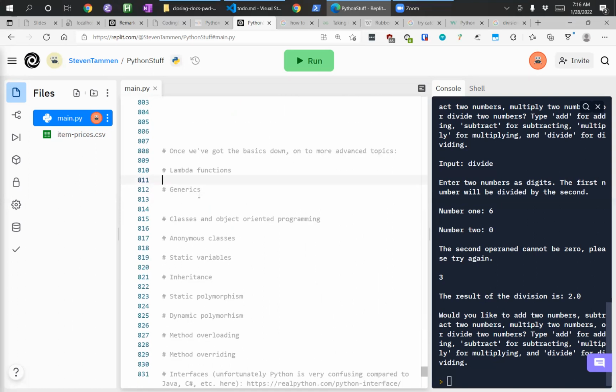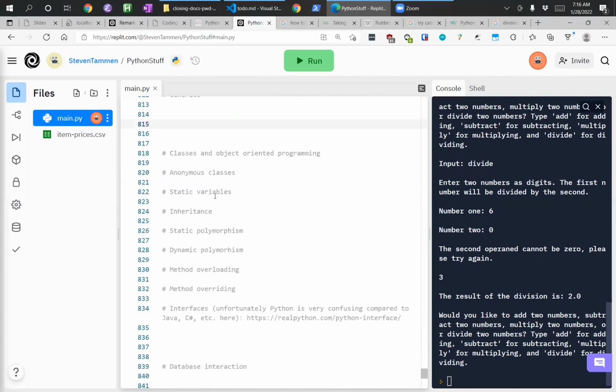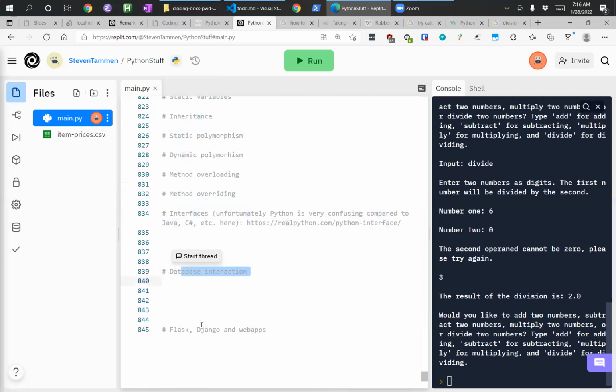Some of the topics we still have left to talk about are lambda functions and generics, then object-oriented programming in general, database stuff more specifically, and then web applications. We have a link for a Django tutorial way up there. I'm still debating if we want to use Django. Django is pretty big. There's a smaller web framework called Flask.